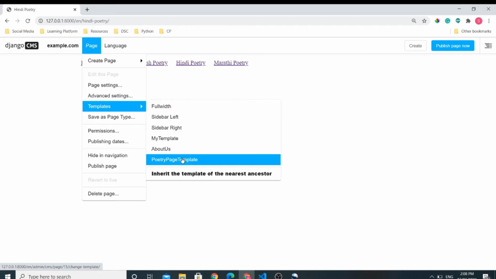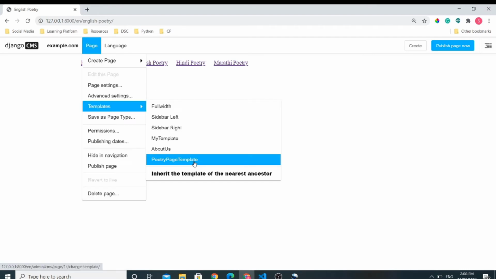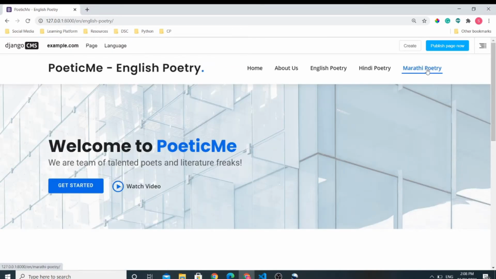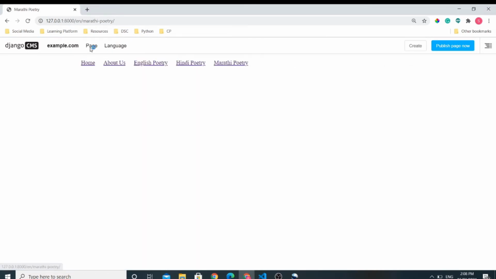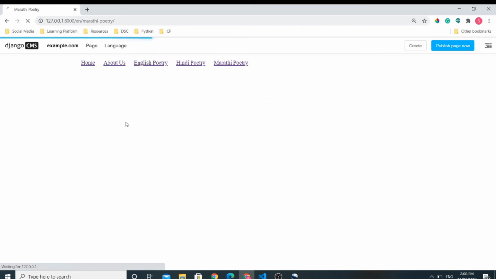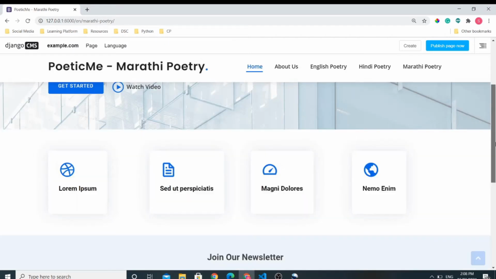And now you can see that this is the Hindi poetry page template. Now click on English poetry and again repeat the same thing and activate poetry page template. And I will do it for one more time. You can choose any other template as well, but I will keep the template for all the poetry pages same.